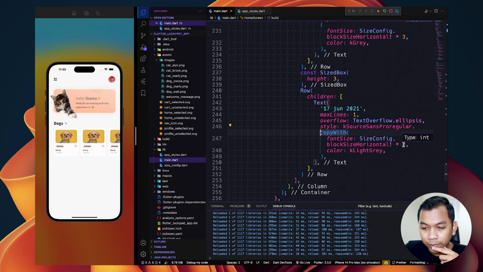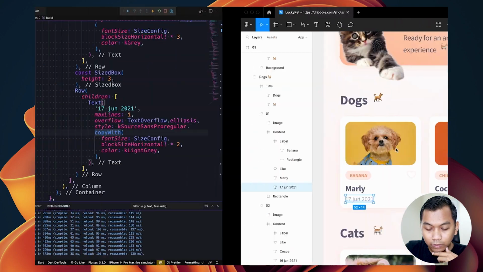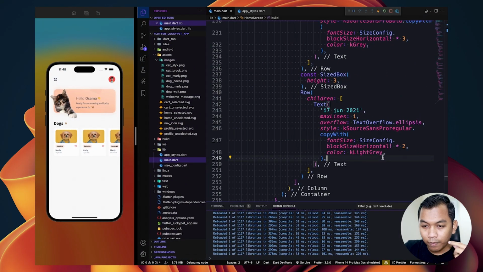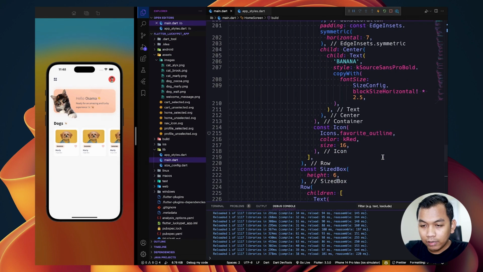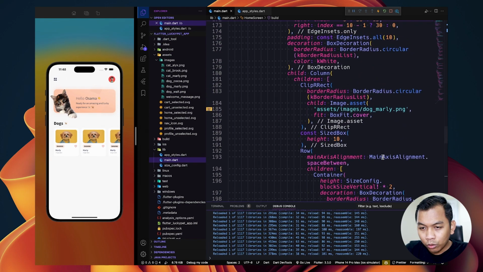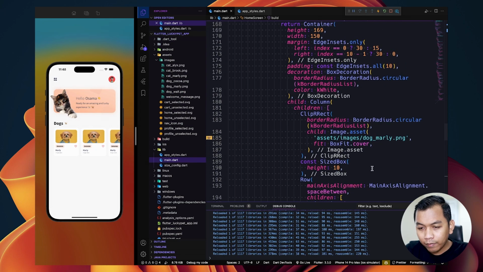So it's dynamic based on screen width. Alright, so maybe inside this container, we can go to the parent, and also we can make adjustment here.